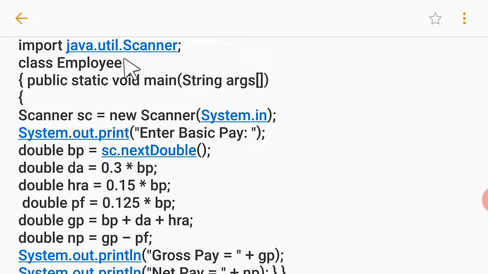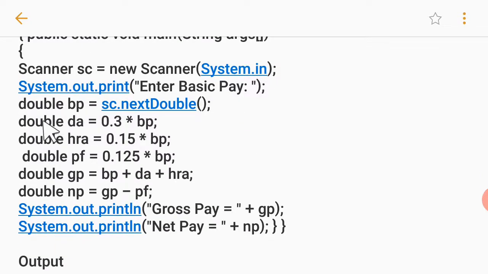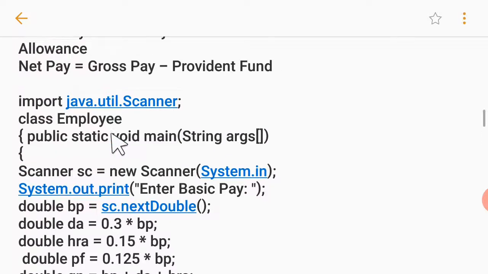Import java.util.Scanner. Class Employee, public static void main String args, Scanner sc equal to new Scanner System.in, System.out.print enter basic pay, double bp, that is the basic pay equal to sc.nextDouble, double DA equal to 0.3 asterisk BP, that is the basic pay. Alright, because you've already seen here,